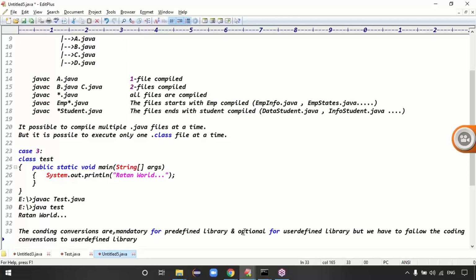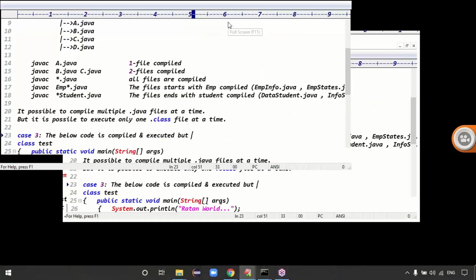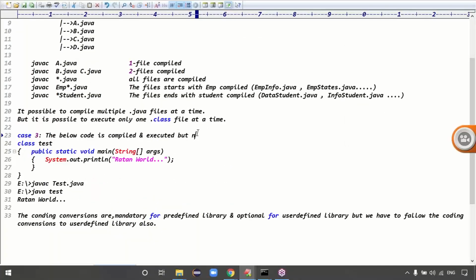Guys, this is conclusion number 3. The below code is valid. The below code is compiled and executed, but recommended or not recommended? It is not recommended, right?